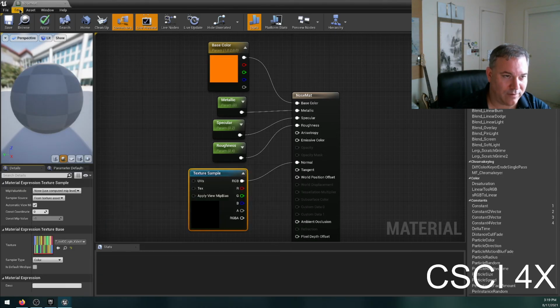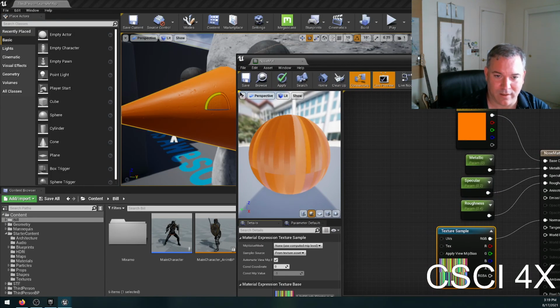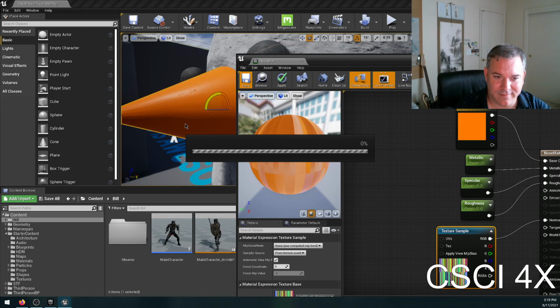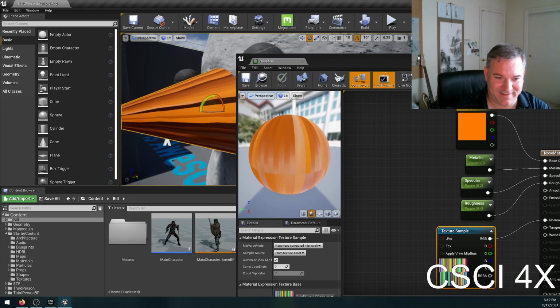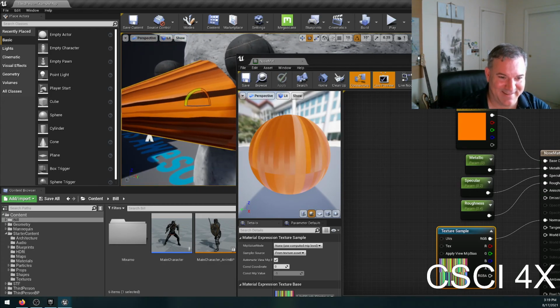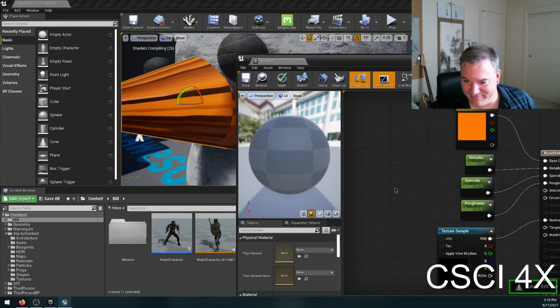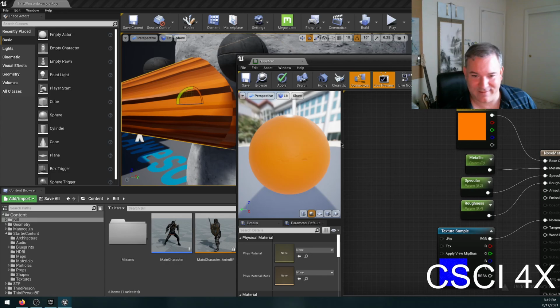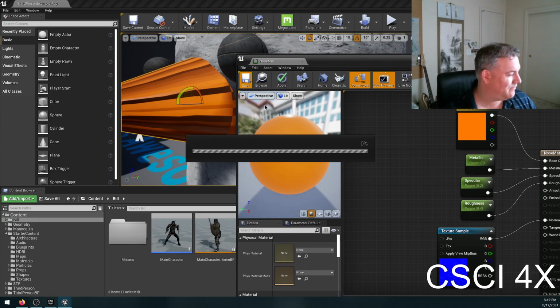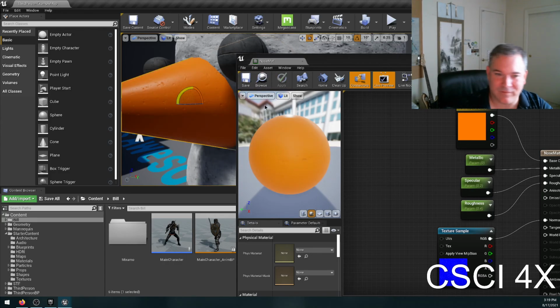I wonder what that would do. That seems pretty wild. Not exactly what I was going for, but kind of cool looking. Put it back onto the gold texture. Okay, so